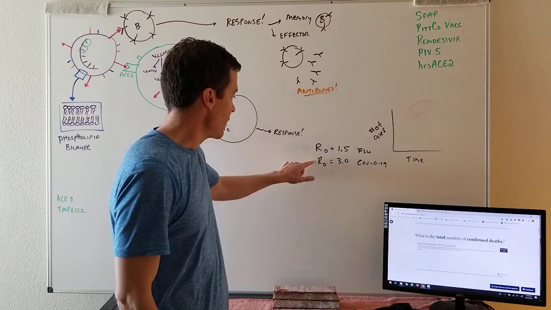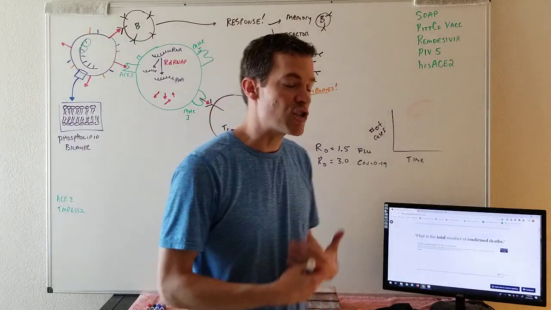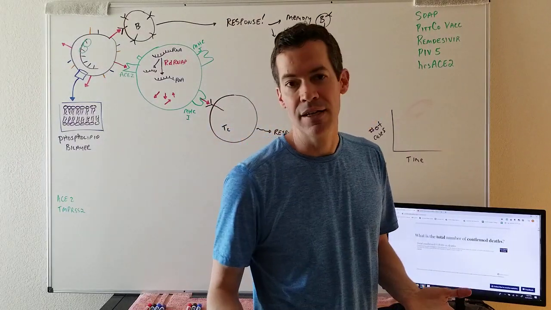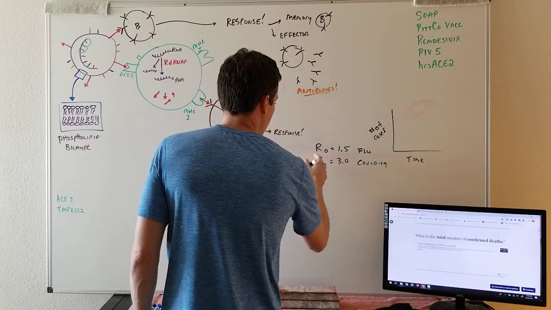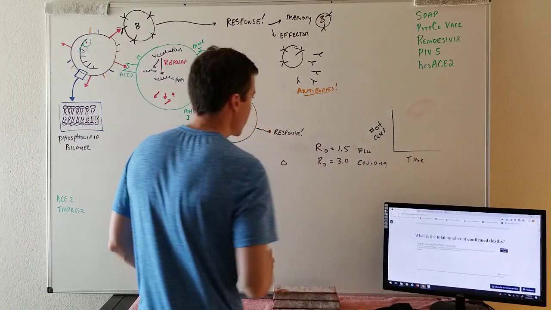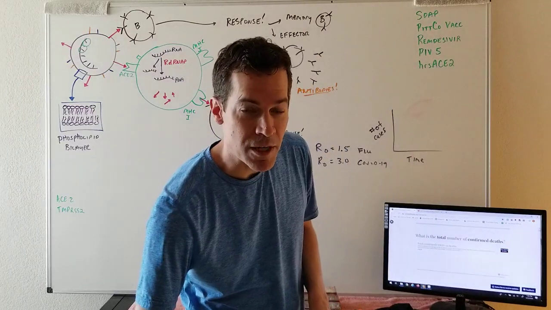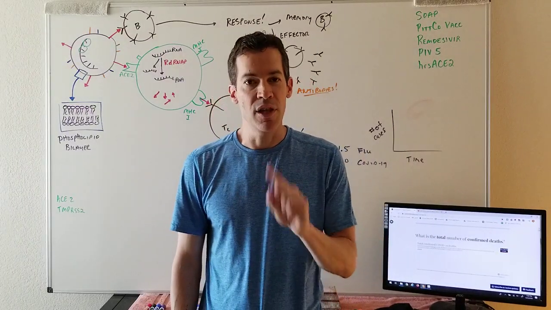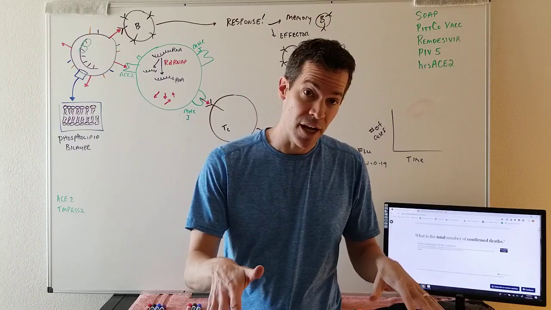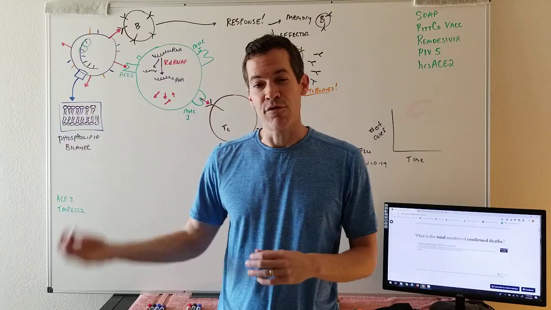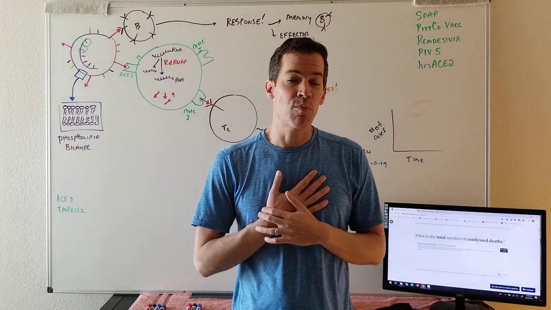So what does this number mean? Obviously that R0 is double this one. What does that mean? This is sort of like the spreadability or the infectivity of a virus. So let's say that I've got one dude right here. If I have an R0 value of 1.5, that's on average how many people that original guy will infect, and then how many on average each of them will infect. So that means if I was the first guy with seasonal flu, then I on average spread that to 1.5